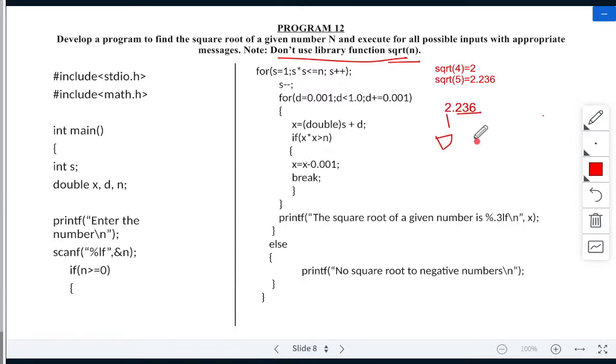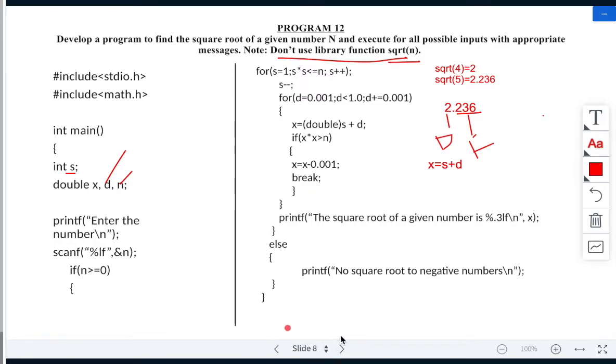These two will be calculated separately. First I'll calculate 2, then I'll calculate 0.236 and add 2. To store this 2, I have one variable s. N is my input. d is my fractional part, that's your 0.236. So x will be the addition of s plus d. So x is equal to s plus d. n is the input, x is the sum of the integer part and the fractional part.